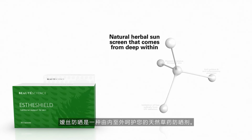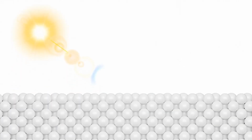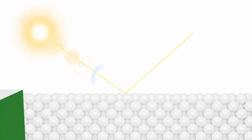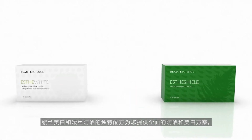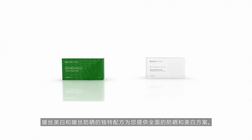Estheshield is a natural herbal sunscreen that comes from deep within. Our unique formulation of Esthewhite and Estheshield is specially designed to offer you the complete solution to sun protection and skin